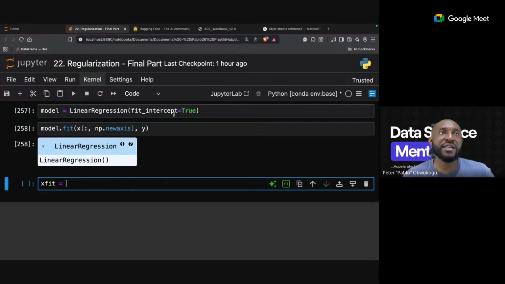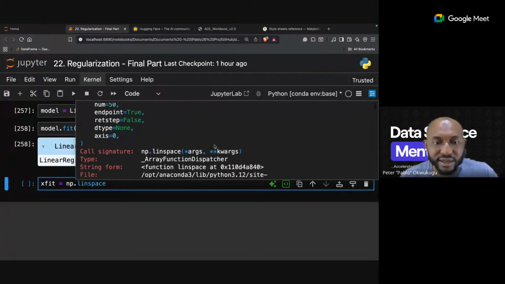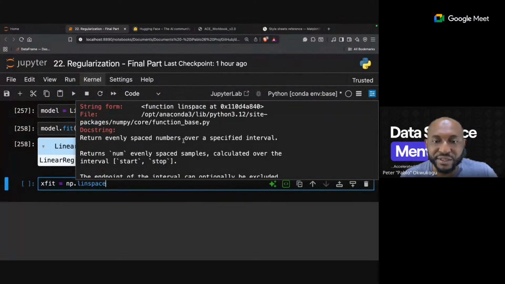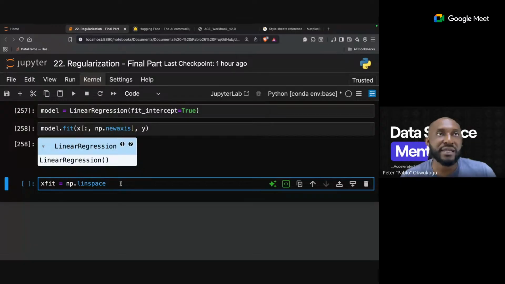So with xfit, I'll say np.linspace. This basically says, I can return evenly spaced numbers, right? So I'll say between 0 and 10, and I need 1,000 of them.